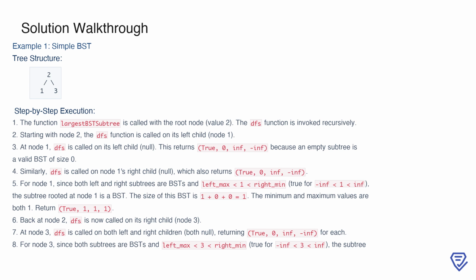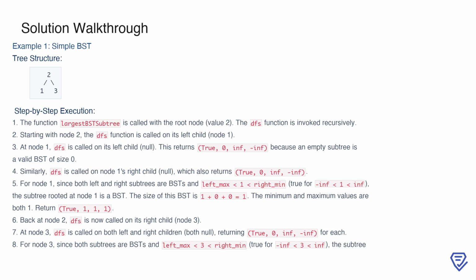Now, at node 1, we check if the subtree rooted here satisfies BST conditions. Both its left and right subtrees are valid BSTs, and the condition left_max < 1 < right_min holds true, so the subtree is confirmed as a BST of size 1, with minimum and maximum values both being 1. Next, we return to node 2 and move to its right child, node 3. At node 3, both children are also null, so the DFS calls return true, 0, INF for each child. The BST conditions for node 3 are satisfied, making it a valid BST of size 1, with both minimum and